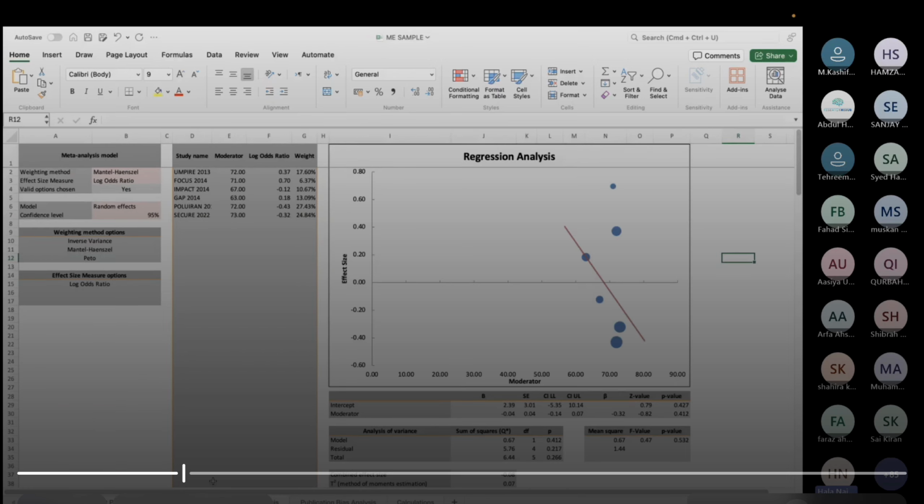ठीक है? Don't do anything, just click on, so input पे थे आप, moderator analysis की sheet पे आ जाएं, just click on the moderator analysis tab and you will come here. You can do it for any baseline variable. Like I told you earlier, male percentage, female percentage, number of people who have hypertension, diabetes, etc. Could be dosage of the drugs as well.